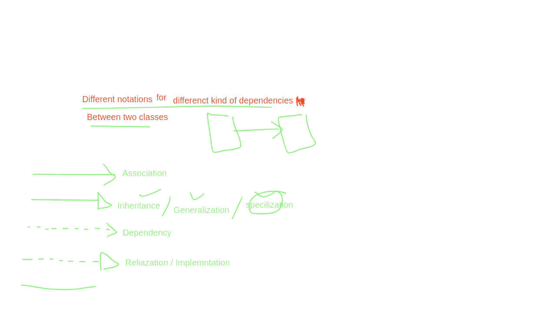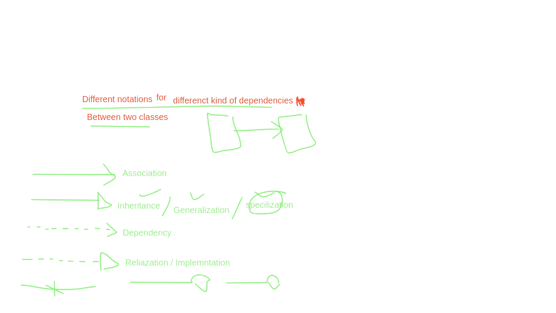I will write here a straight line, and then I draw the diamond like this. This is a diamond shape.